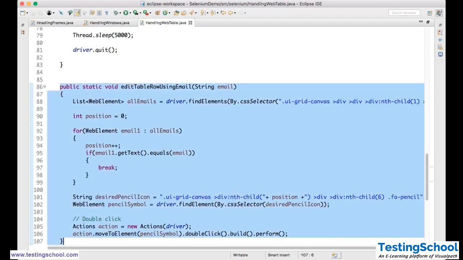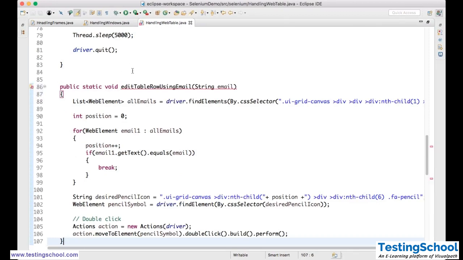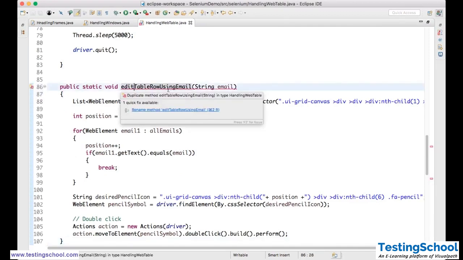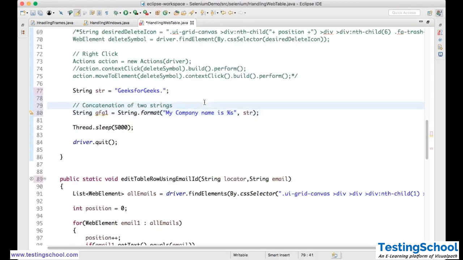I'll take this and copy paste it again, and I'll change the edit method name to edit table row using email ID. I say email ID. Now what I'll do, string locator. Okay, string email. Right, how can I pass this? We need to think on that. So what I am doing here,